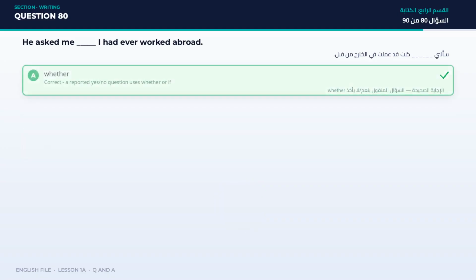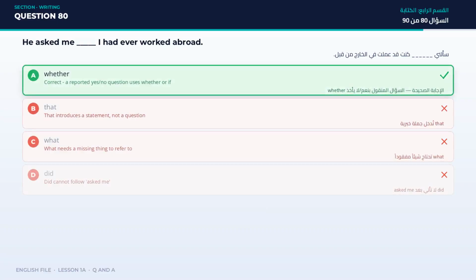A reported yes or no question uses whether or if. Not B, that introduces a statement, not a question. C, what needs a missing thing to refer to. D, did cannot follow asked me. Question 81. The answer is